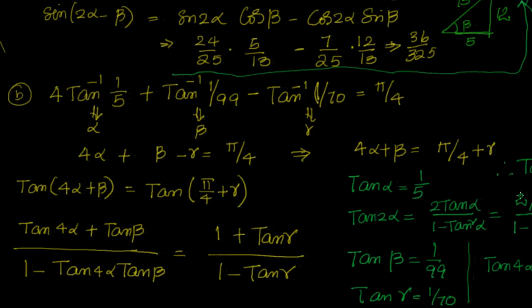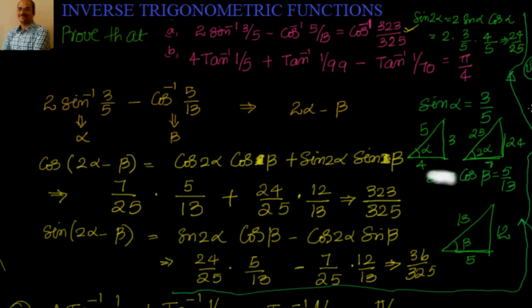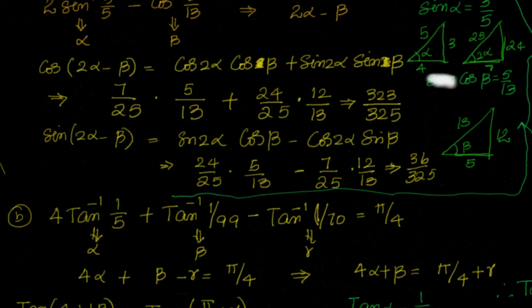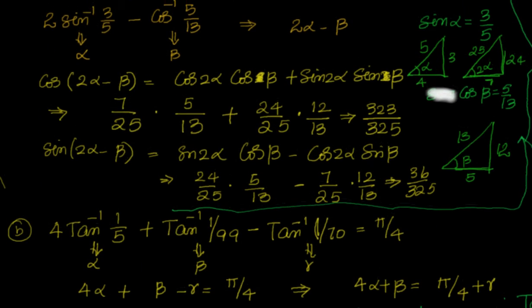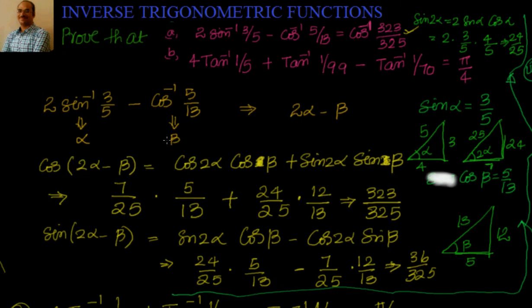Now what is the difference between the earlier problems and these problems? What we have done in this session is, earlier you were only working on sin alpha, cos alpha, sin beta, tan beta, but not 2 alpha and 4 alpha. So that's why I have taken this example. It's very simple. If you know sin alpha, cos alpha, you can find out sin 2 alpha, cos 2 alpha. Similarly, you can find out sin 4 alpha, cos 4 alpha, tan 4 alpha, because we have already seen multiple angles and submultiple angles.